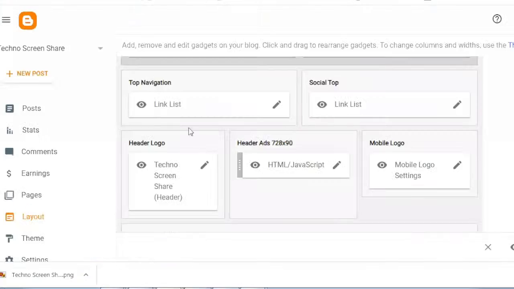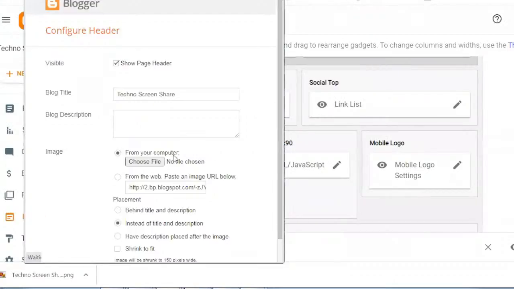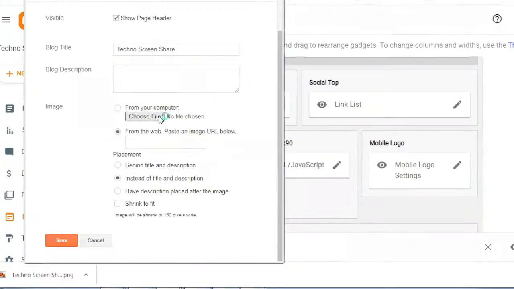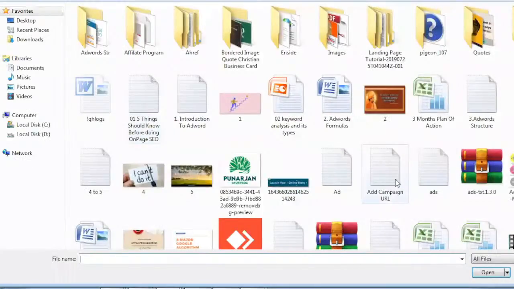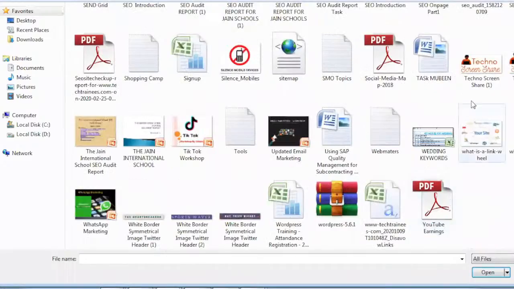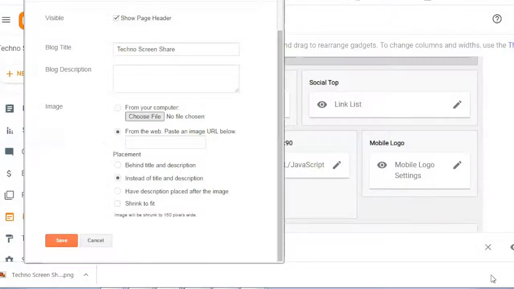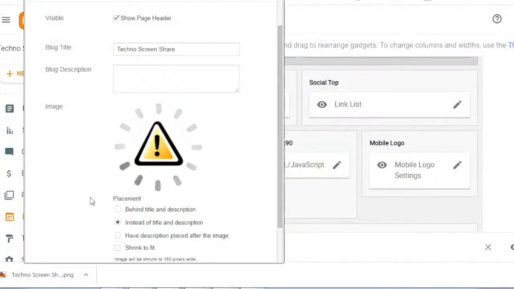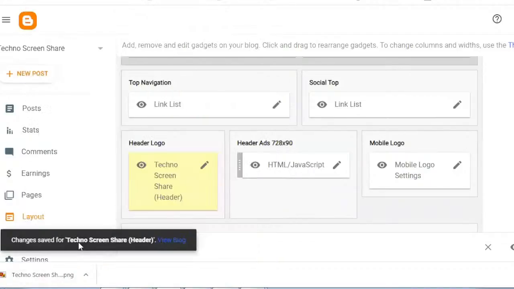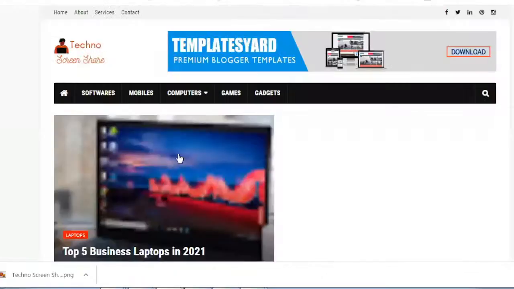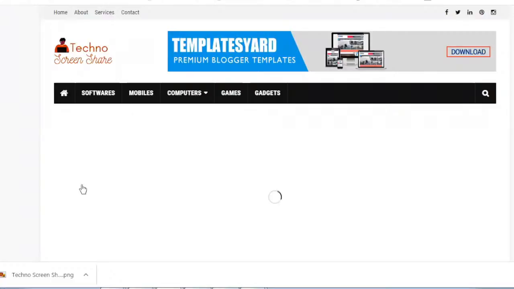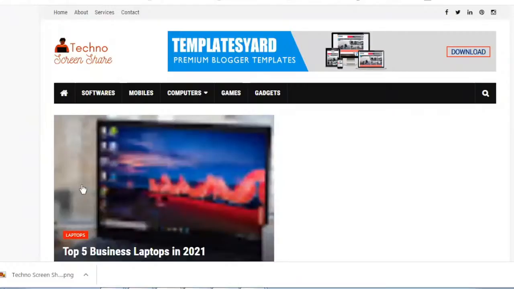This feels somewhat better. Then click on save and refresh your website. See, this is somewhat better than the previous one. You have to reduce the sizes, then it will appear properly on our screen.